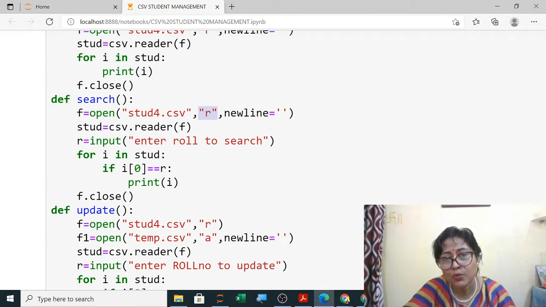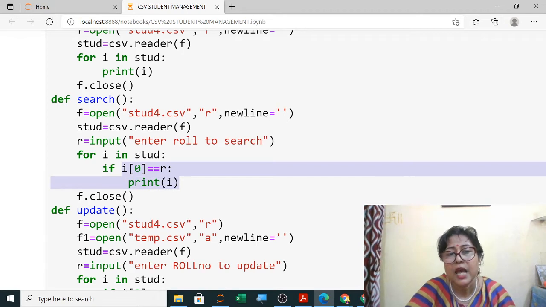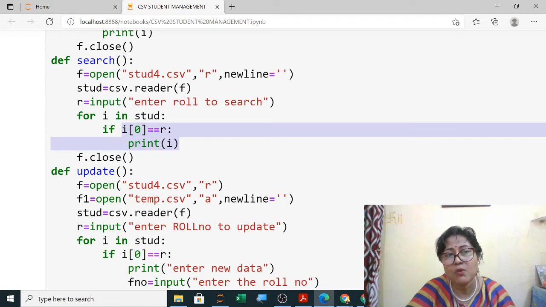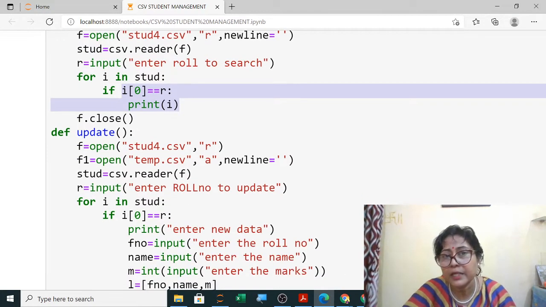Then whichever one you want to search, the for loop will take one record at a time, and since it is a list, i[0] if you want to search by roll number, the second was name, if you want to search with name then you have to write 1, and so on. So as per the index you have to search it, and then you will print if it is found, and here you can mention if it is not found, you can write that the roll number is not present in the table.